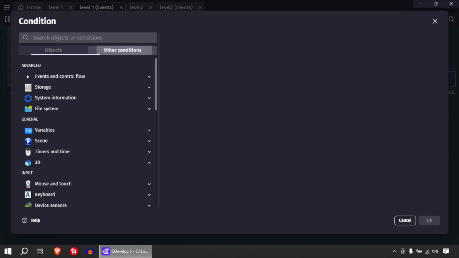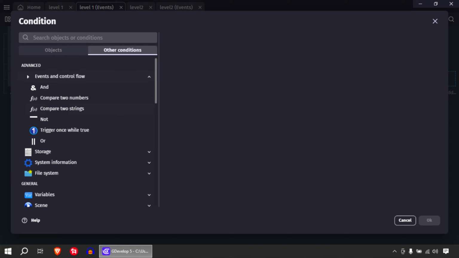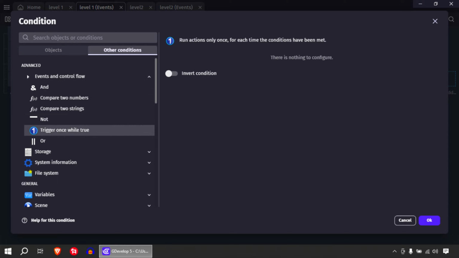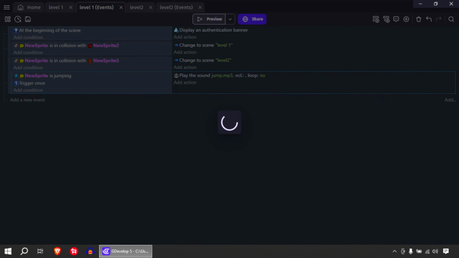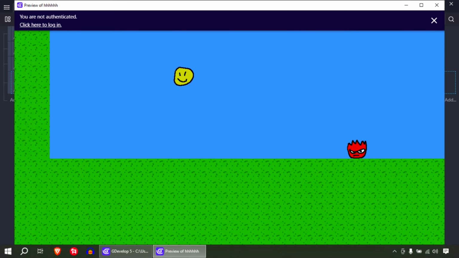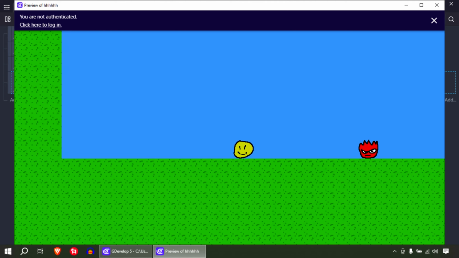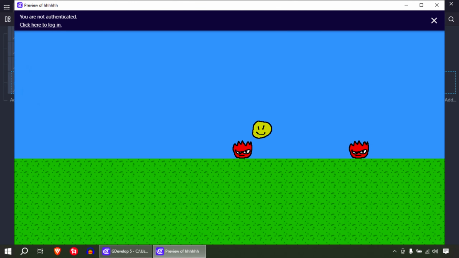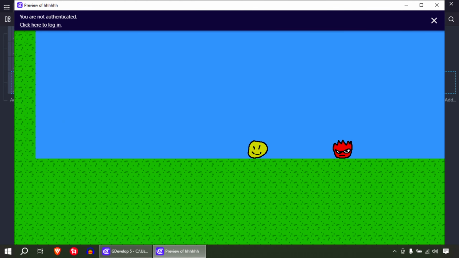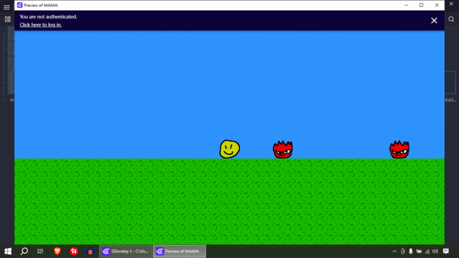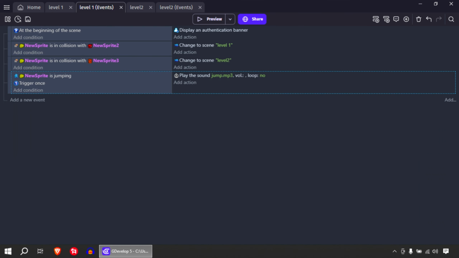So add another condition, like trigger once while true. Okay, so that will make your jump sound play only once, just like that. Extremely simple. You could have a dying sound as well. So let me